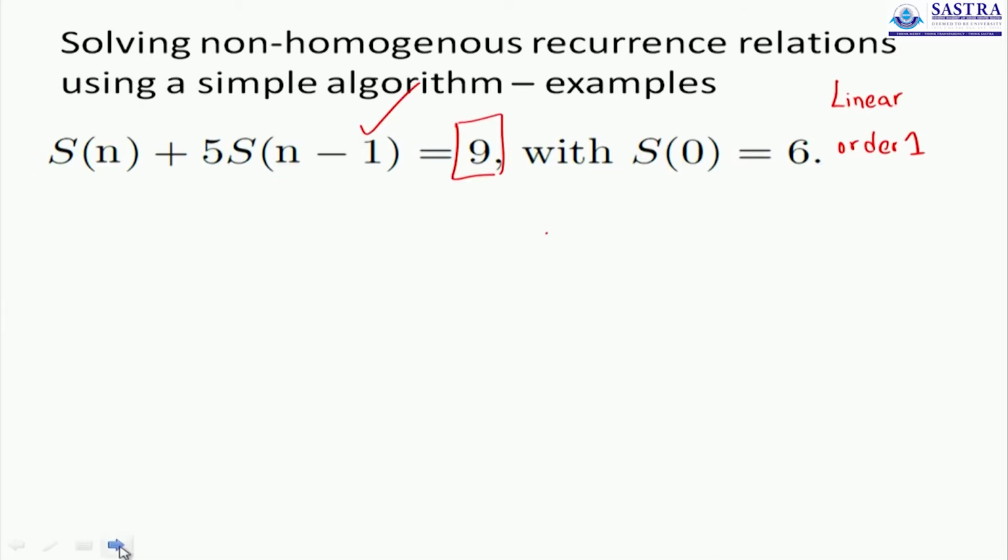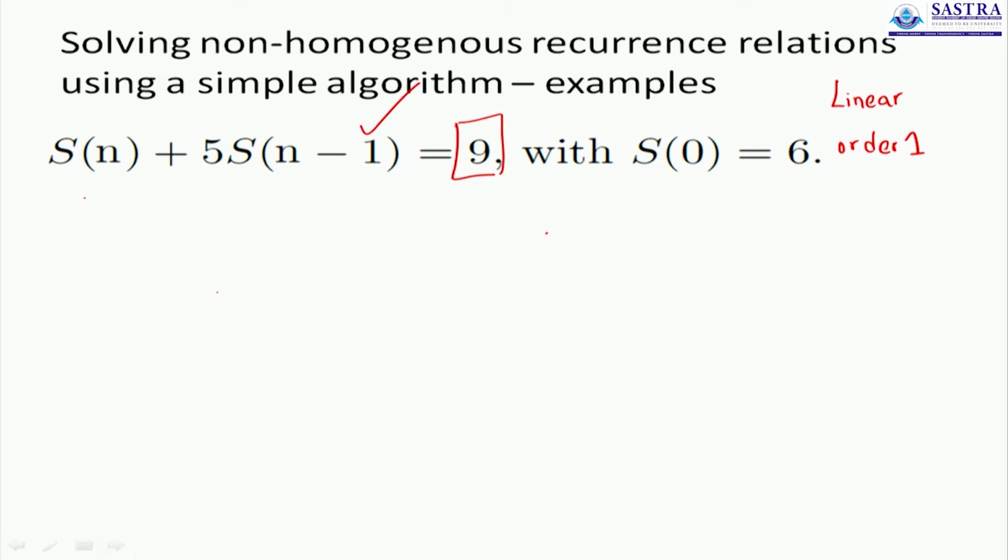To make you understand this better, or to make it easier for you to follow, let us try and solve this recurrence relation. It is indeed a recurrence relation, it is linear, but it is not homogeneous. There is a function on the RHS which is not 0, so that has to be taken care of. But we will go as per the algorithm, which says that we treat it as a homogeneous function to complete step 1. So what was the procedure so far? You write a characteristic equation, you find the roots, you write a general solution. So we will do the same here.